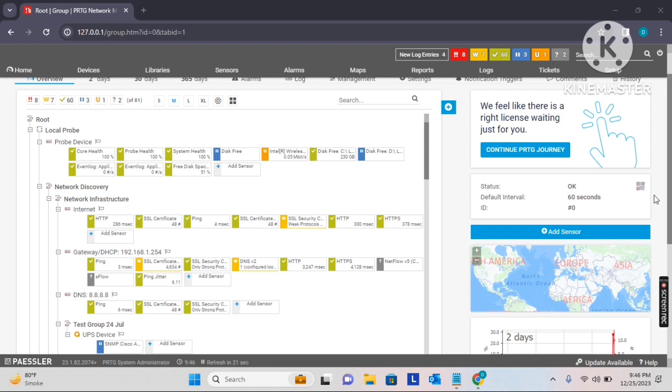Today we are going to learn different methods of the auto discovery feature. In my previous video we learned how to add the devices and the sensors manually. If you haven't watched the video, I have added the video link into the description box. The PRTG auto discovery feature will help you to add a number of devices or different kinds of devices